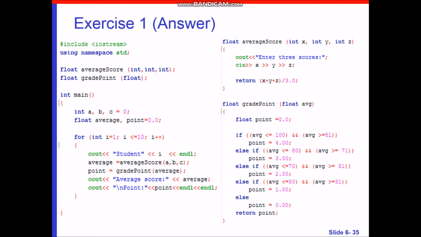Then you will cout the student numbers, which is for the first one you have cout student and you will call i, which is for the first i is 1. So you will display the student 1. Then here,